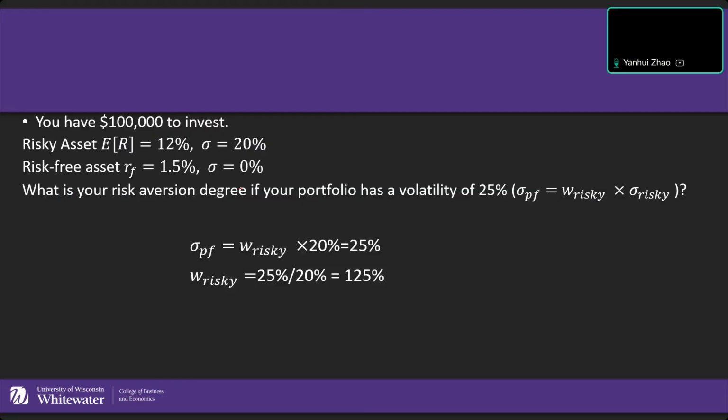I'm going to write down the formula here. Degree of risk aversion is the expected return on risky asset minus the risk-free rate divided by risky